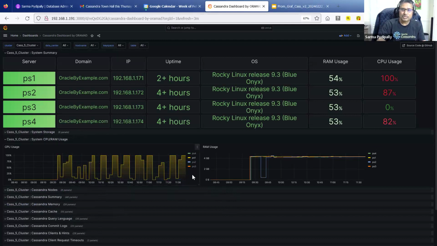Now you might ask, how do I see all nodes again? I don't know. Once you click, it filters, but I don't know how to put all of them back. So maybe just refresh. That is the dashboard.